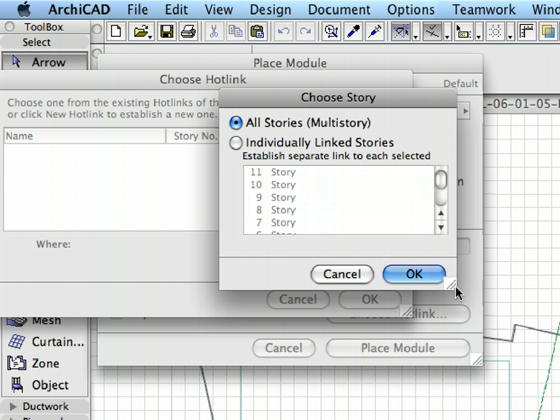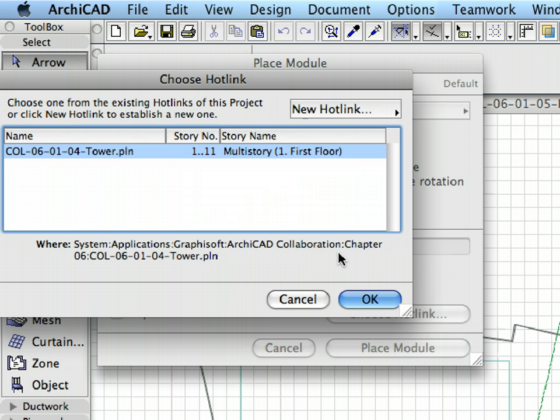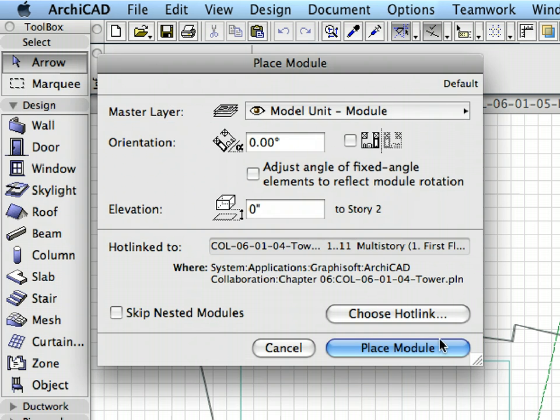After selecting this file, ArchiCAD brings up the Choose Story dialog. Choose the All Stories, Multi-Story radio button and press OK. Press OK again in the Choose Hotlink dialog. After you press the Place Module button,